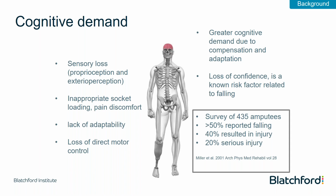Cognitive demand, or how much effort you have to put into walking or fulfilling a task, is accepted to be increased in our amputee population. This greater cognitive demand for the amputee is due to having to compensate for lack of ankle function in the prosthetic limb, and also having to adapt their walking and standing pattern to make themselves stable and safe